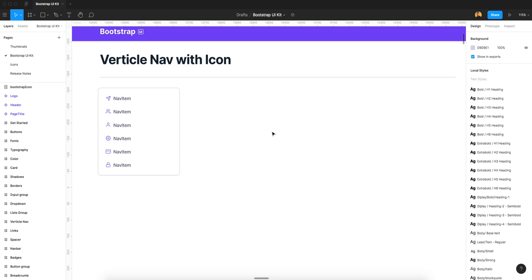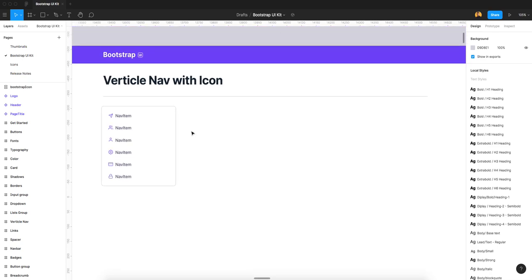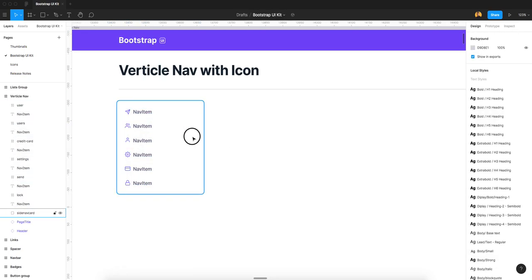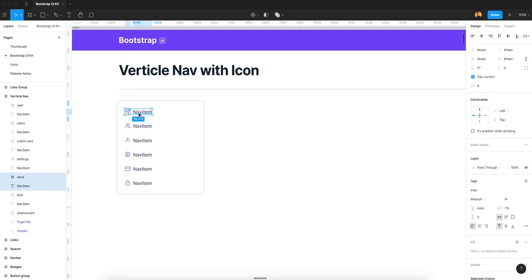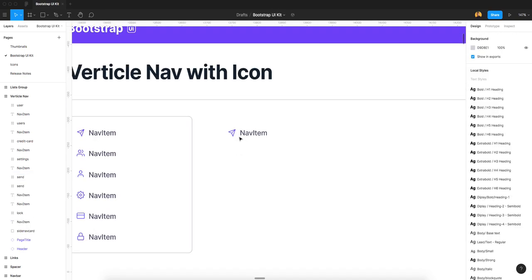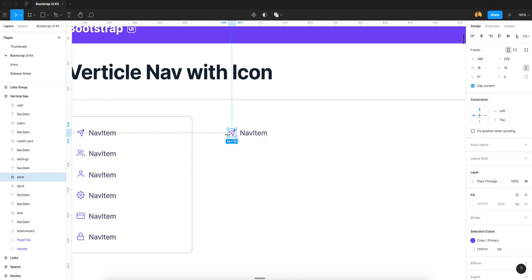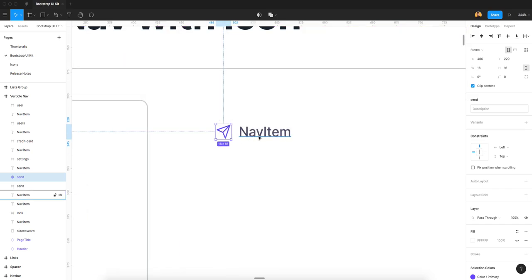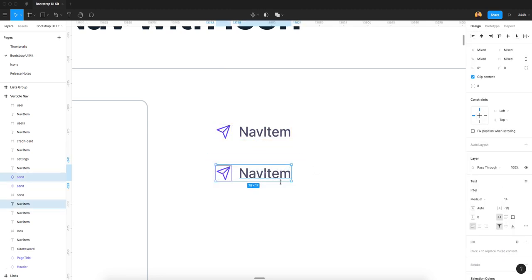So let's start with vertical nav. Here is my example of a very initial level of nav. First I need to create a simple nav item. I am copying this element and I convert this send icon to a component. Create component. I want to use this icon repeatedly, so I will convert it into an icon. Okay, so I am duplicating it and convert it into